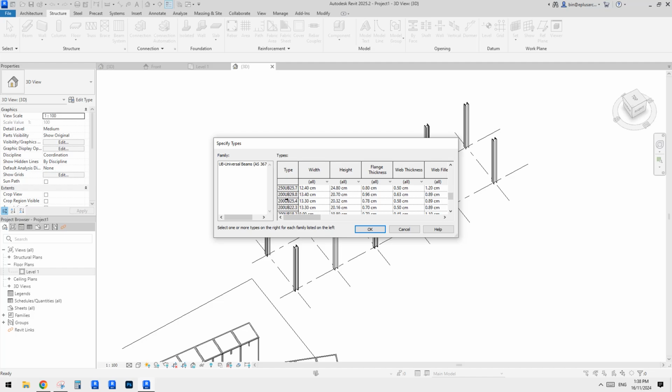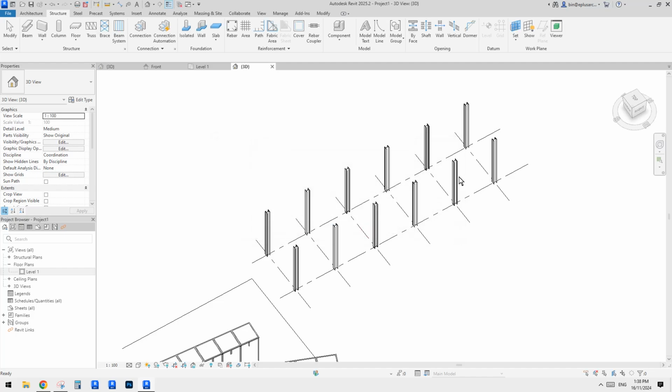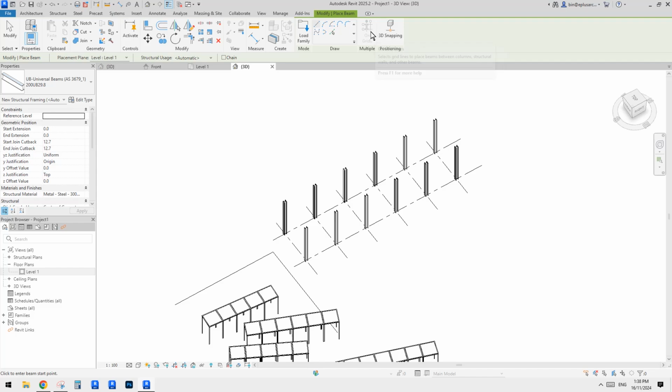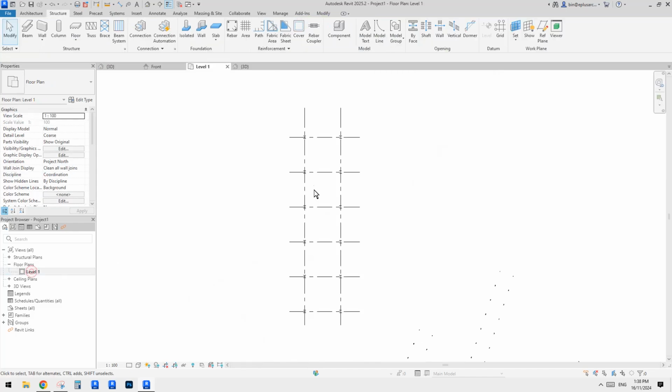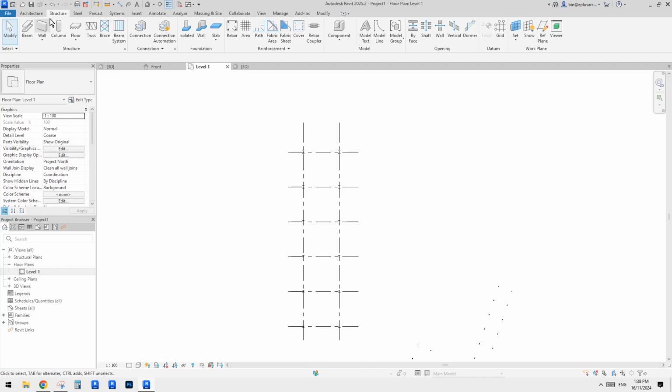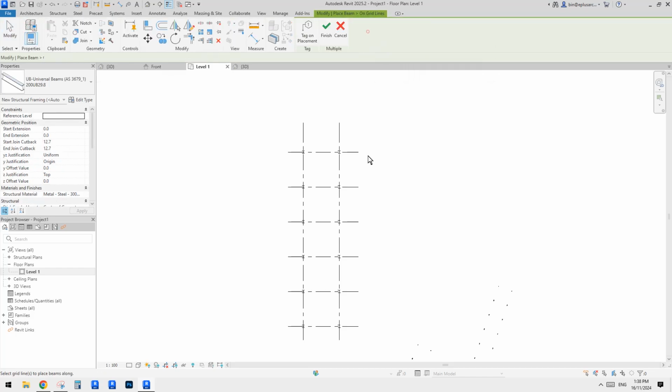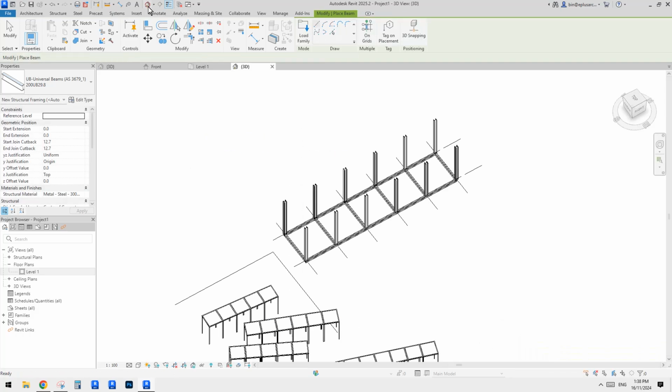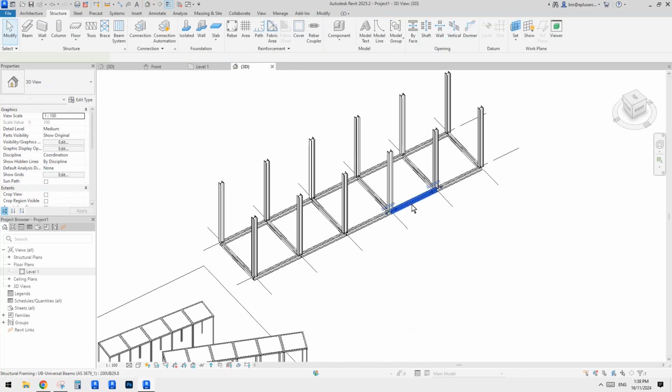Again, so I just pick a random size. We can't use the on-grid, so maybe we need to go back to the floor plan so we can use grid. Use grid, beam, on-grid. So I'll just try this one. I'm not sure what will happen, but let's see. Okay, it looks like they are all placed